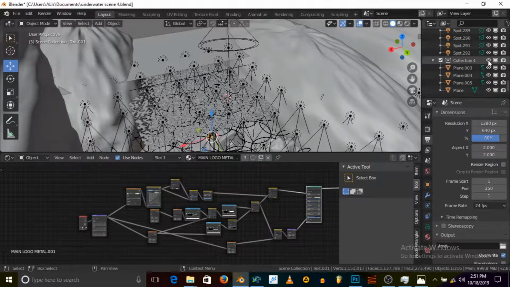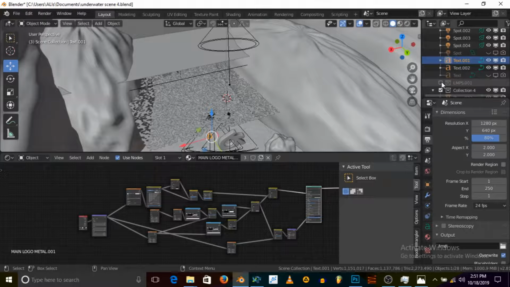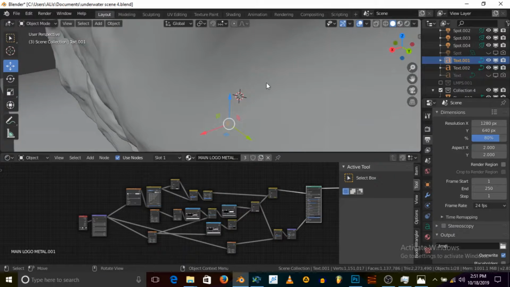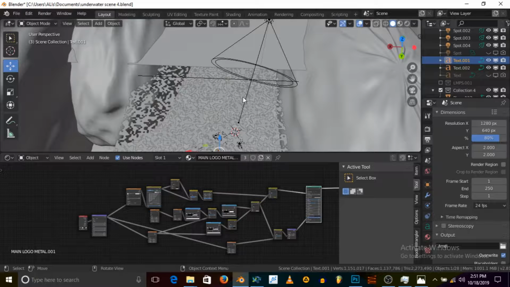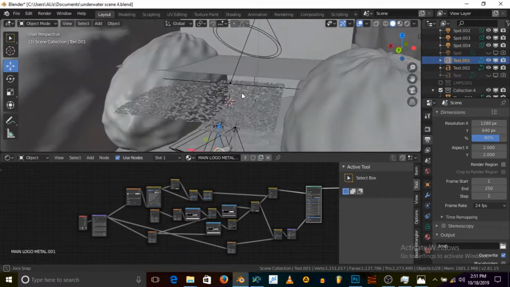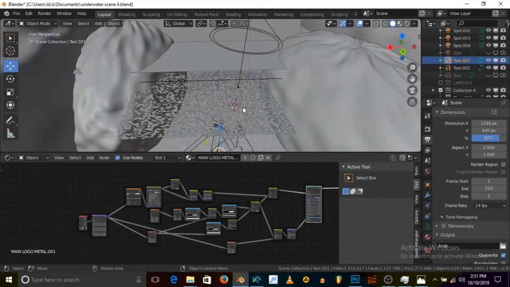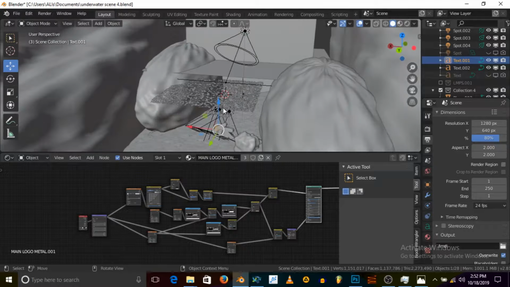let me hide this one. Alright, so you can see we are still using the method 1 trick here. So for method 1 we only